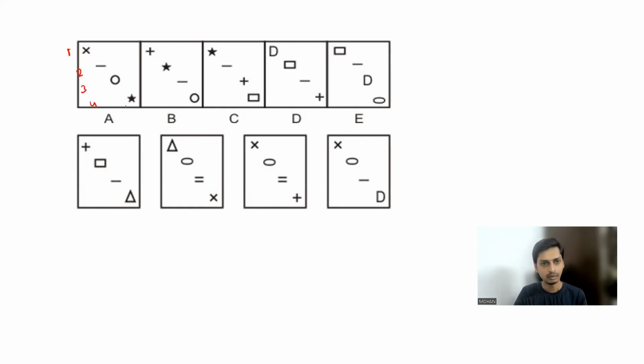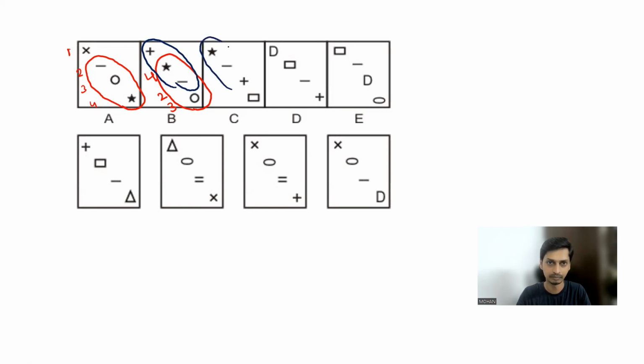Right? Now, you can see that elements 2, 3, and 4 have changed their positions in box B. 2, 3, 4 became 4, 2, 3. And the first element became a new element in box B, right? Now, from B to C, let's check the element movement. In box B, I can see these three elements. In box C also, I can see these three elements, but they have changed their positions.